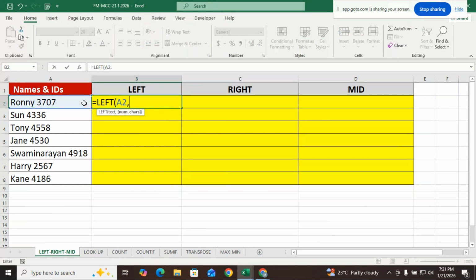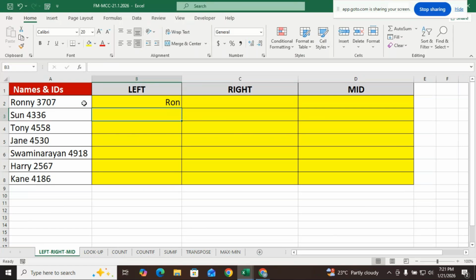Now from the left side, how many characters you want? 3. Shift key, close the brackets, and press enter. So from the left side of the text, 3 characters are taken into account. Again, from the right side,